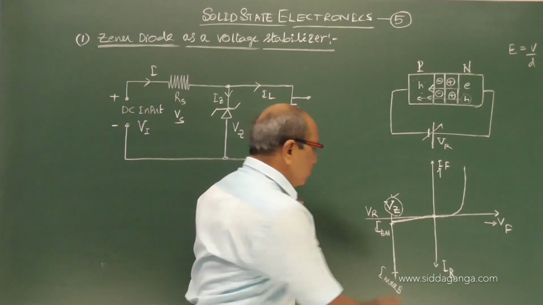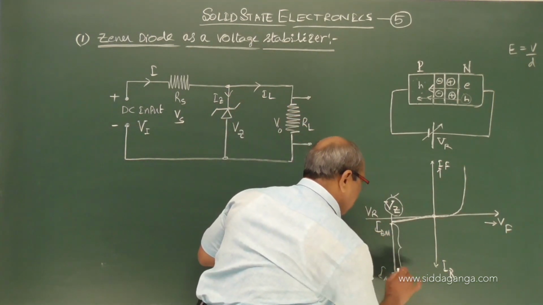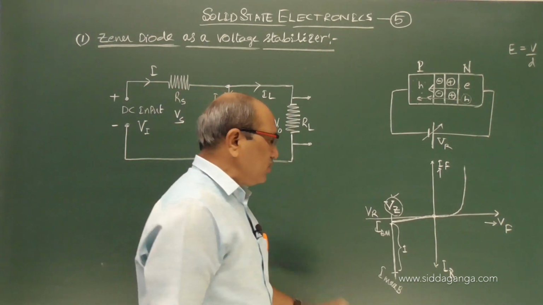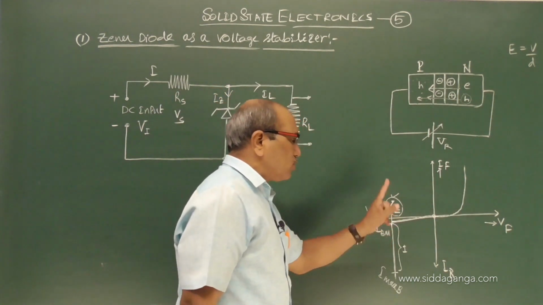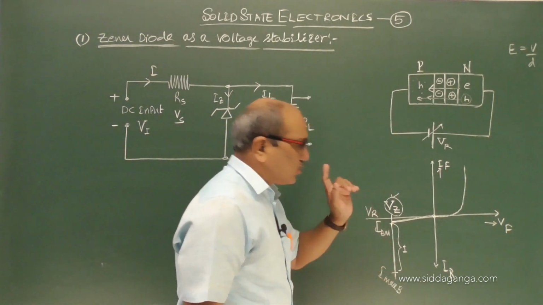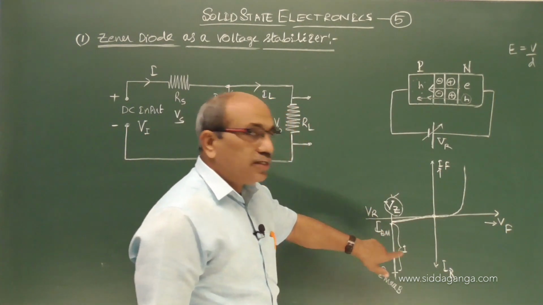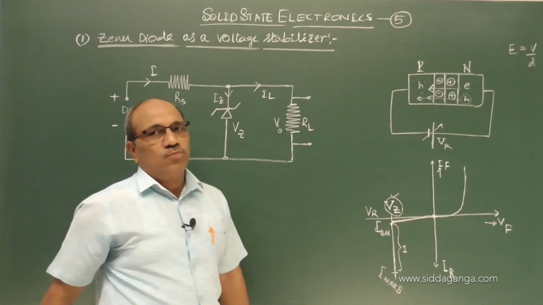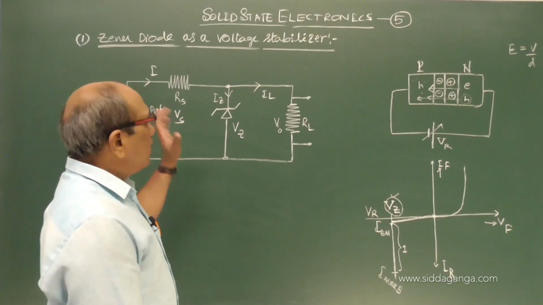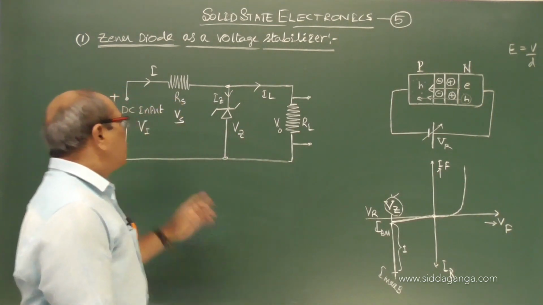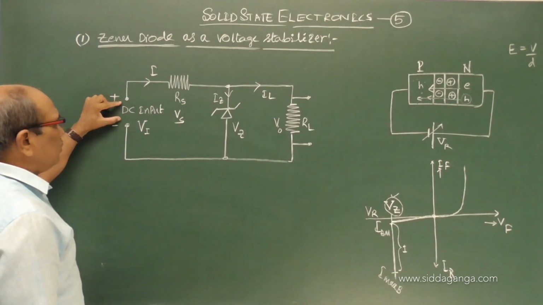For any current of this range, it conducts without permanently damaging. At this particular voltage, voltage is not changing, but current can have any value in this range. This is the advantage of using this Zener diode to stabilize the output voltage. That is where we are coming, how that takes place, let us see. So I am supplying a DC input voltage,